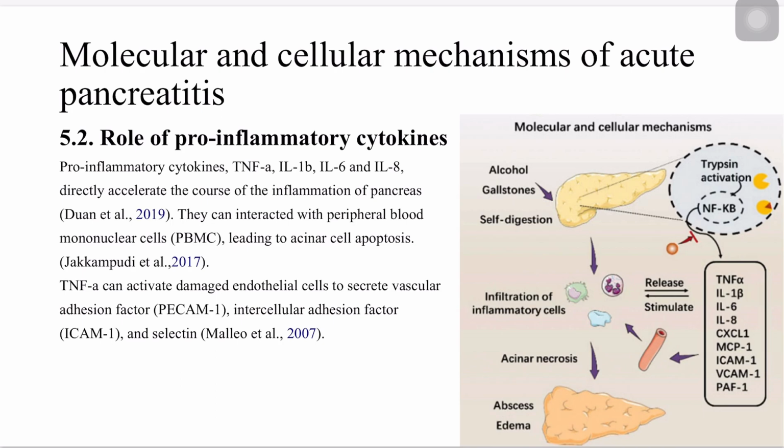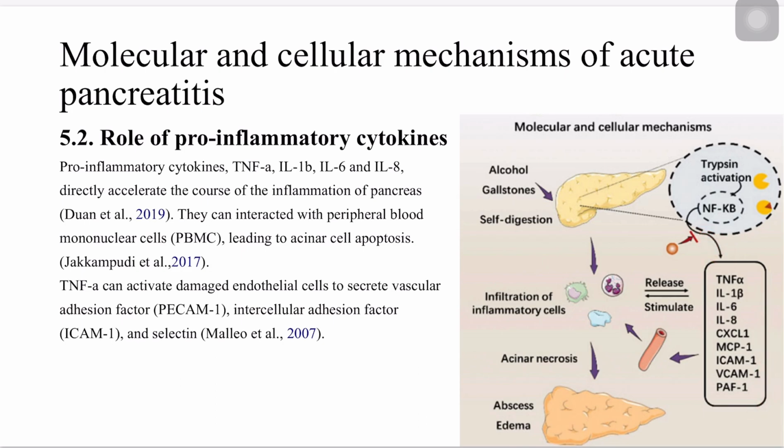And also tumor necrosis factor can activate and damage the endothelial cell to secrete vascular adhesion factor PECAM1 and intracellular adhesion factor ICAM1 and selectin also. It can also affect increasing inflammation. For example, if you see here, after inflammation starts and trypsin activation starts and the NF-kappa B increases,